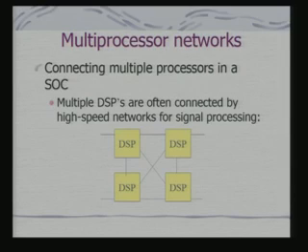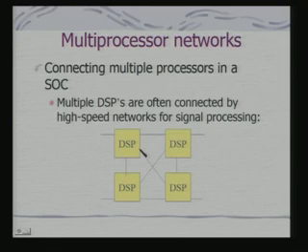Typically, you may decide to use multiple processors for an application where the computation load is high. Even on SoCs, you have seen that we integrate multiple processing elements. To offer interconnectivity to these processing elements in an SoC, in many cases a network is built connecting them. An example is multiple DSPs connected by a high speed network for doing signal processing applications.